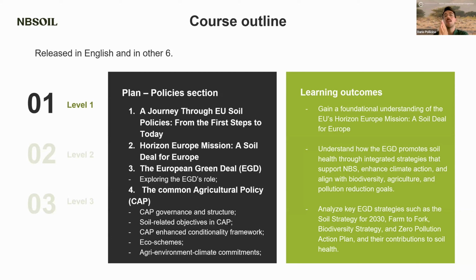The Common Agricultural Policy came into effect in 2023 and will last until 2027. And also from a budget point of view it is one of the most financially important policies at the European Union level. And so the module, in this level 1, will focus on the CAP governance and structure, explaining that the CAP is organized and divided in 2 main pillars. There is a first pillar that comprises direct payments and market measures. And then there is also a second pillar that consists of rural development measures.